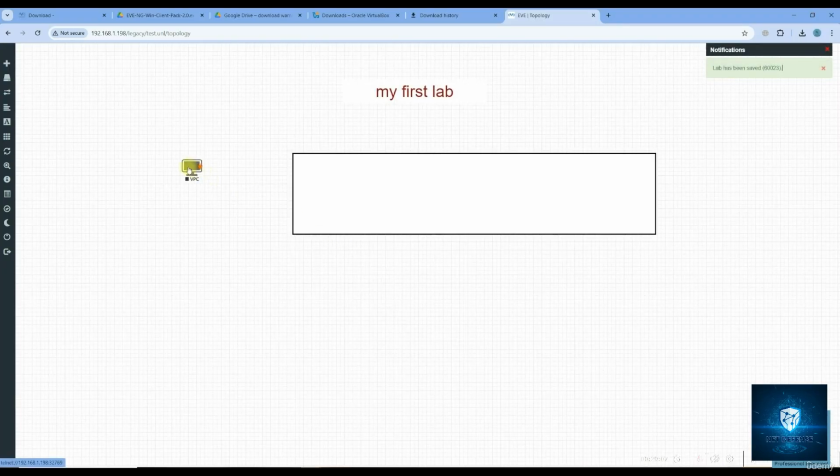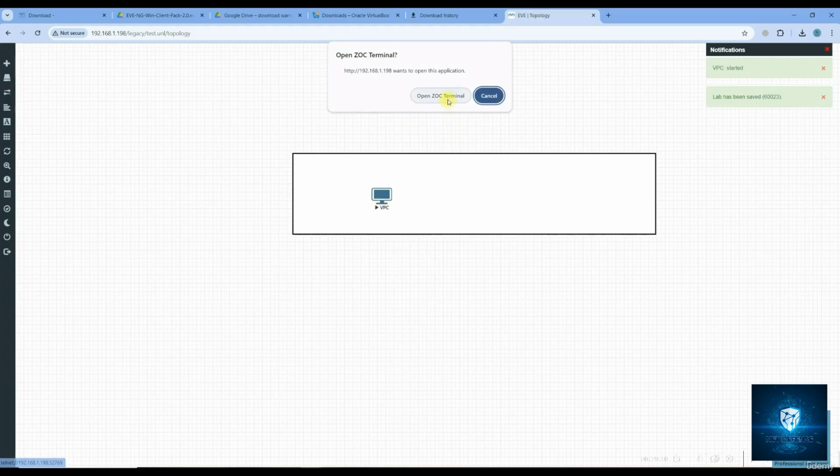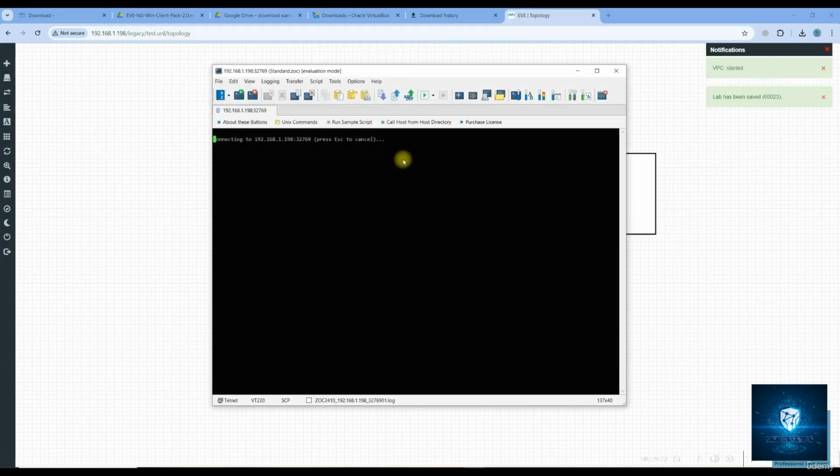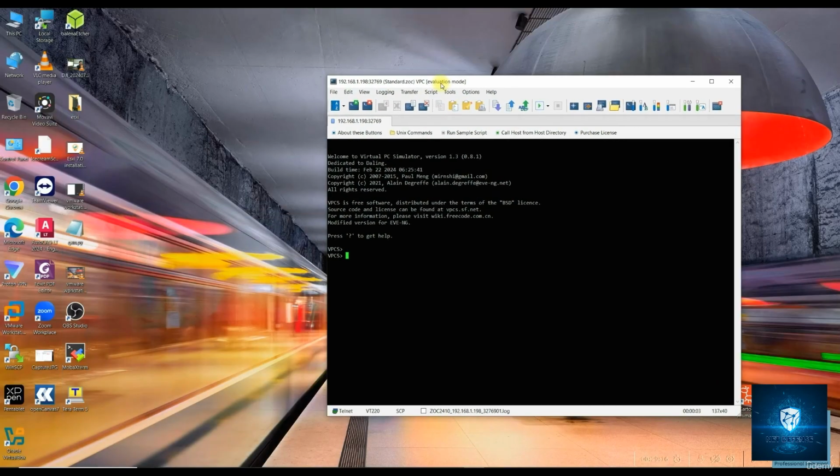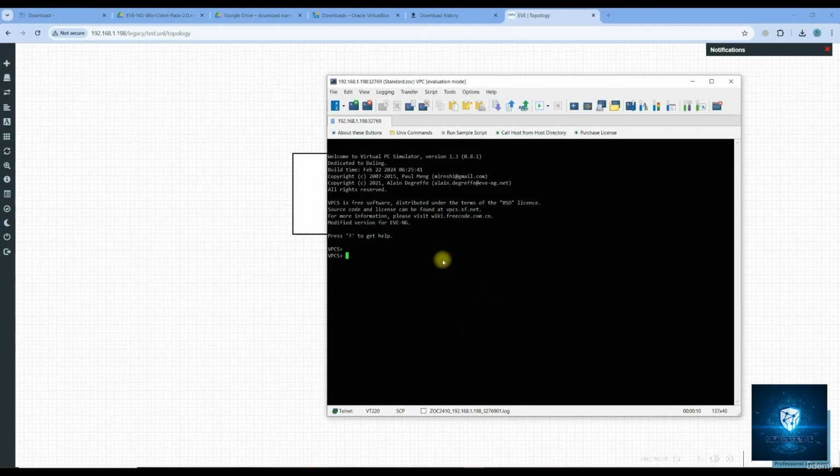But here we will test with a VPC. So you can go ahead and start the VPC, double click to access the console, based on the console application that you're using. It's going to open in that. And so I have this one, and I will just set the IP to